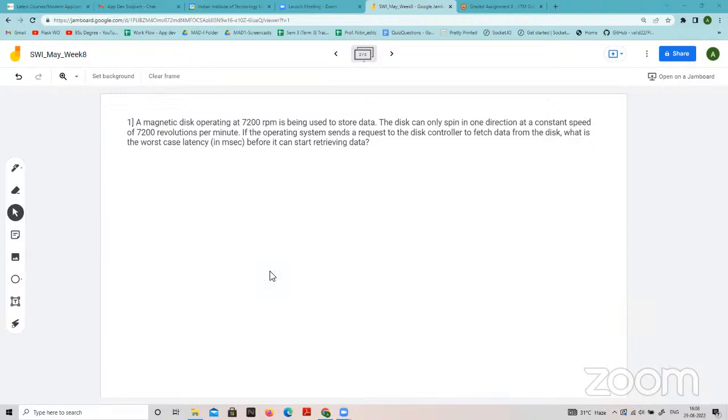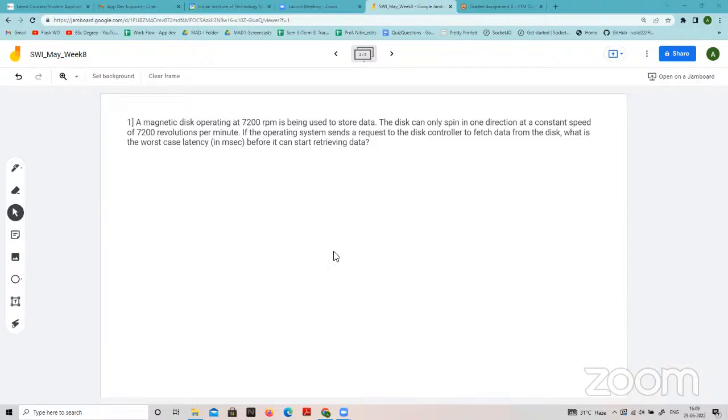A magnetic disk operating at 7,200 RPM is being used to store data, right? The disk can only spin in one direction at the constant speed of 7,200 revolutions per minute. If the operating system sends a request to the disk controller to fetch the data from the disk, what is the worst case latency in milliseconds before it can start retrieving data? All right, so